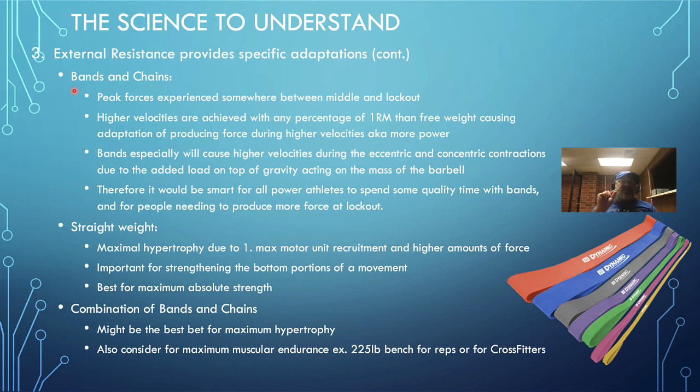So you want maximal motor unit recruitment, and you need the bar to slow down. Meaning you've got to be pushing as hard as you can, and there's such a resistance that you start to slow down. So for me, if I want that to happen at the tip top, go heavy and use bands. Anyway, higher velocities are achieved with any percentage of 1RM,